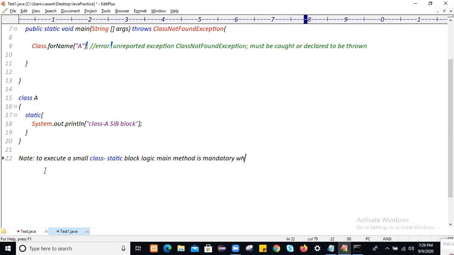Whereas to execute other class's static block logic, the main method is optional.